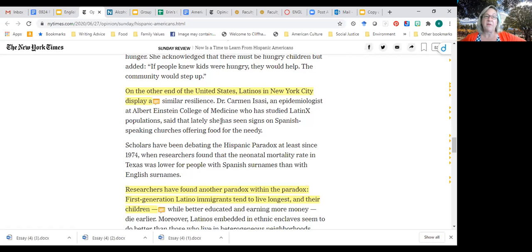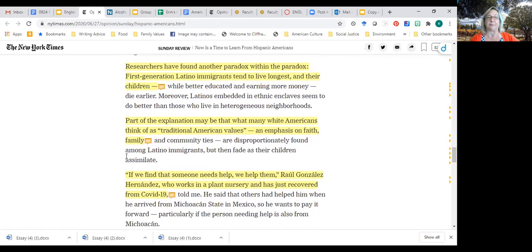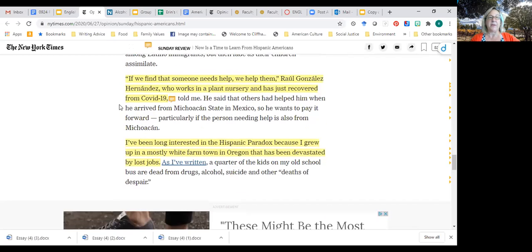Because remember, we have a lot of anti-immigrant movements in the United States, and people are concerned about immigration. And he wants to say, we don't need to be concerned about immigration. Immigrants are good. Hispanic immigrants are great. We could actually learn a few things from them. And he has other examples.